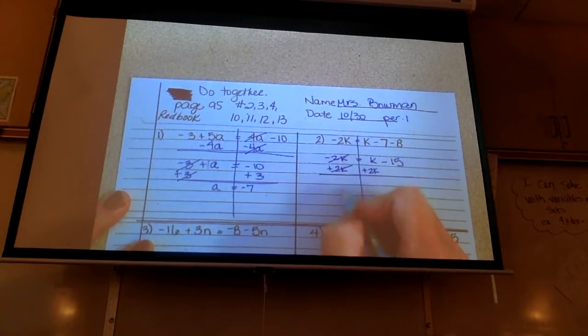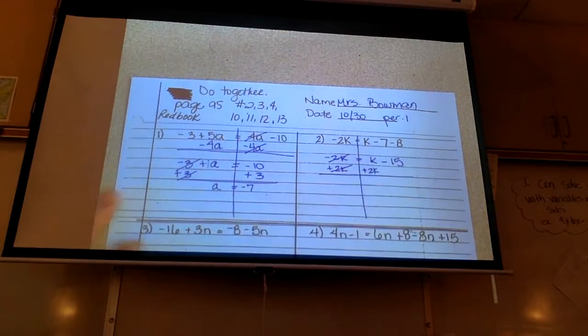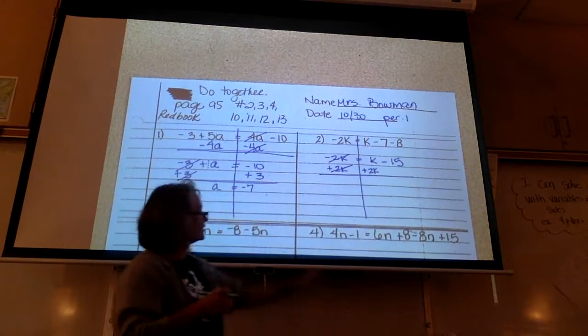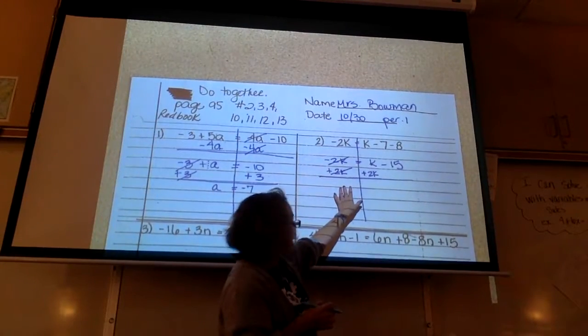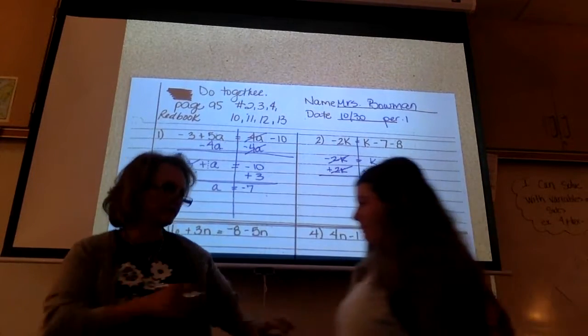What does that leave on this side? I have to put something here. A 0. I'm going to use that 0 as a placeholder over here. Okay? So I'm going to put 0 equals, and then figure out